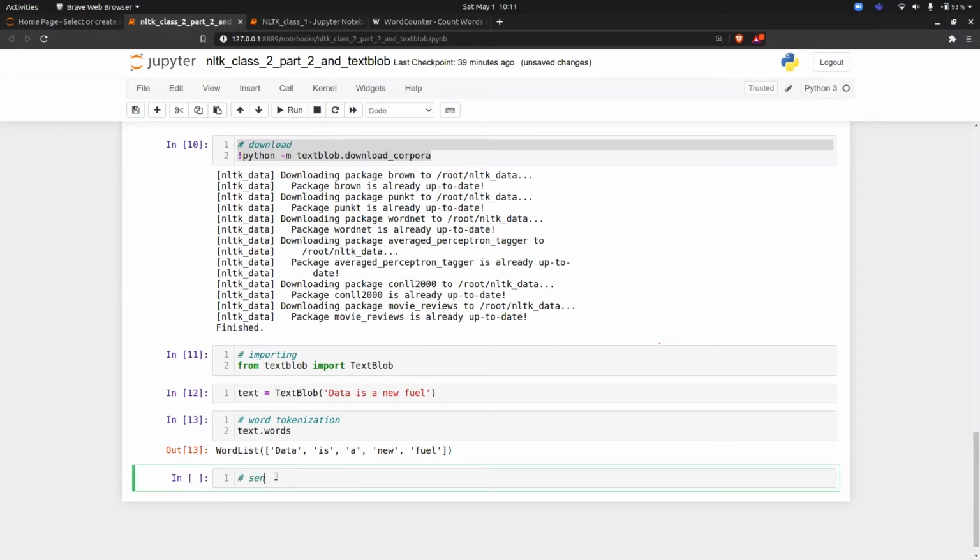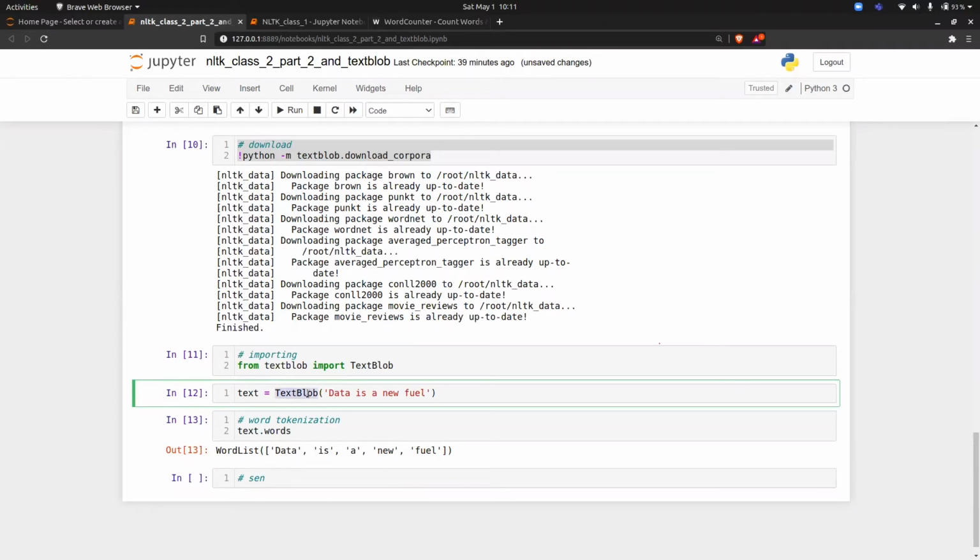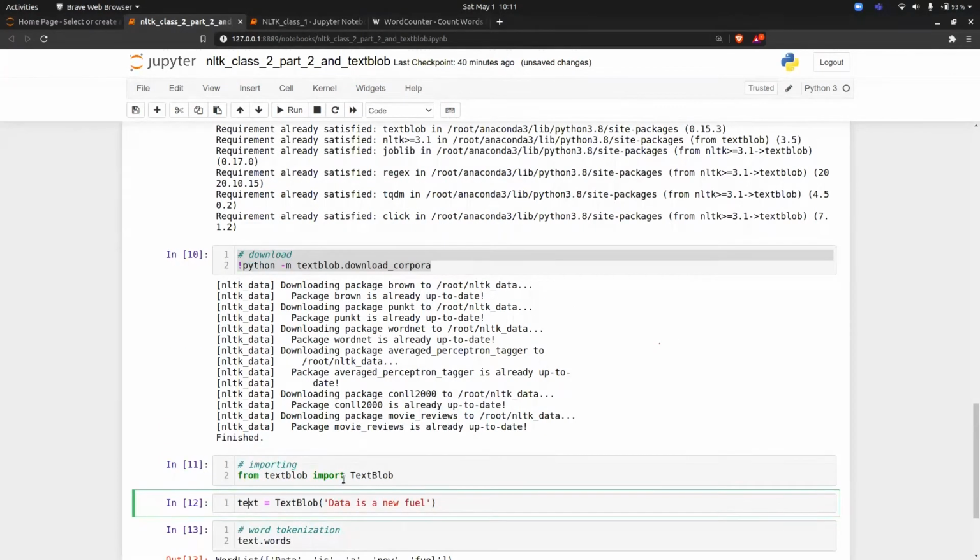The same thing. Basically the advantage here is that you pass the sentence inside TextBlob and just take this variable, or object, you can say. Basically this is an object, if you know object oriented programming. So TextBlob is a library and TextBlob is a package. Yes, you're correct, Nikhil. So TextBlob is a library and the text.